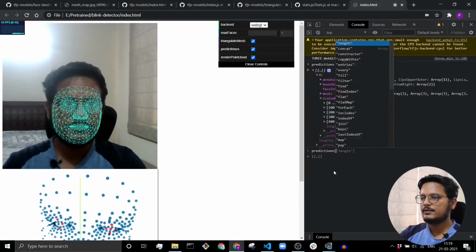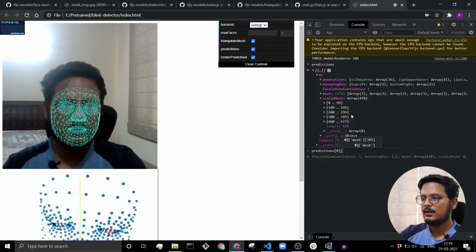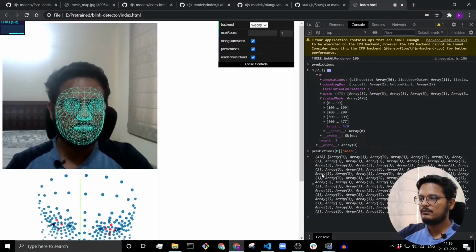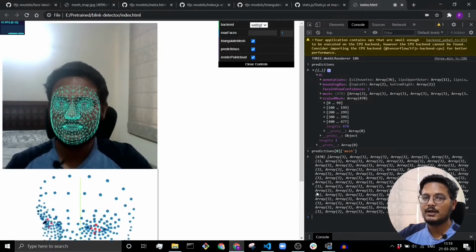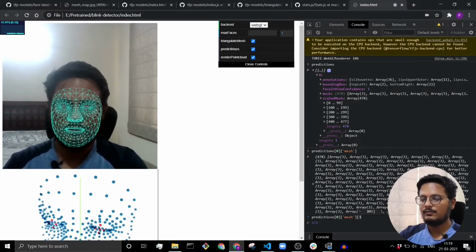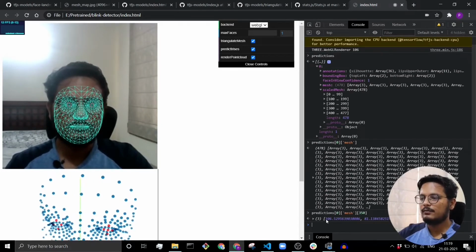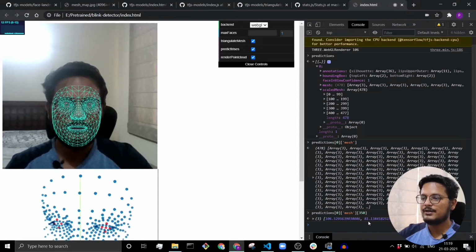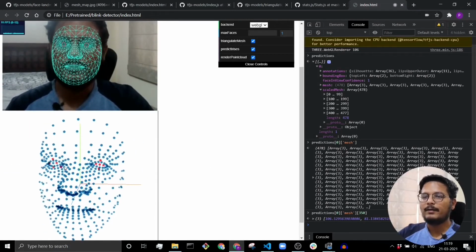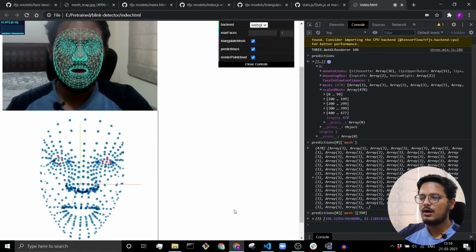So we will access the 0th element of the predictions variable because everything is inside the 0th element, and then we'll access the mesh part. Inside here you can see you have an array of 478 elements, and those are all the key points. If you want to see a particular key point, let's say 350, we can access the 350th element, and we get an array of 3 elements which represents the x, y, and z coordinates in this space where our key point is placed. So let's go ahead and add this to our